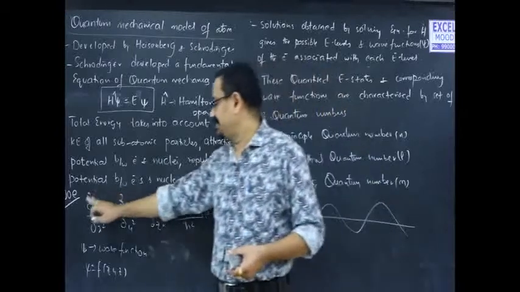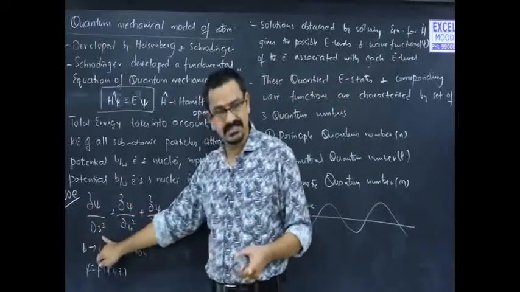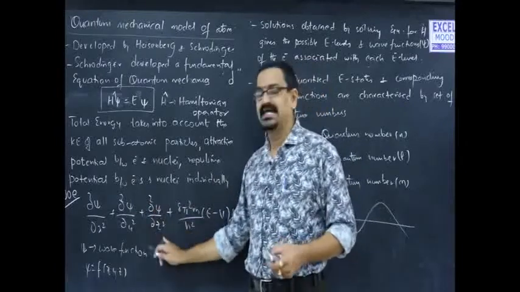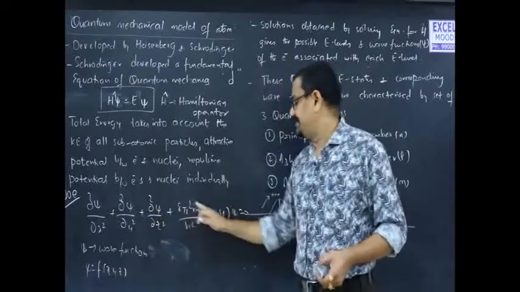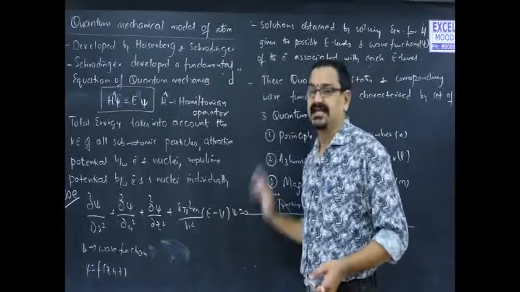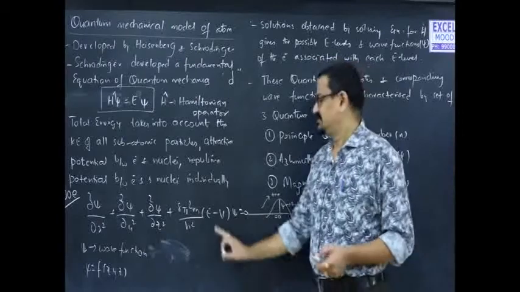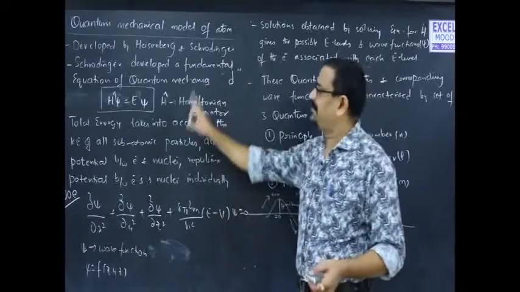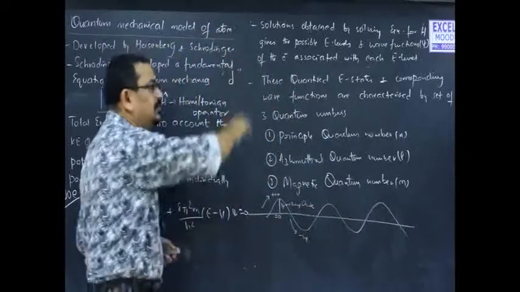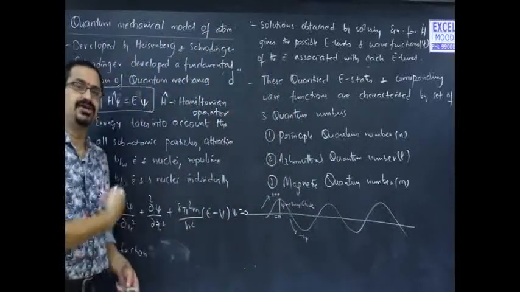So, the equation can be written as dou square psi by dou x square plus dou square psi by dou y square plus dou square psi by dou z square plus 8 pi square m by h square into E minus V into psi equals 0. So, this was the equation developed by Schrödinger to describe an electron wave function, and the solutions obtained by solving this Schrödinger's wave equation